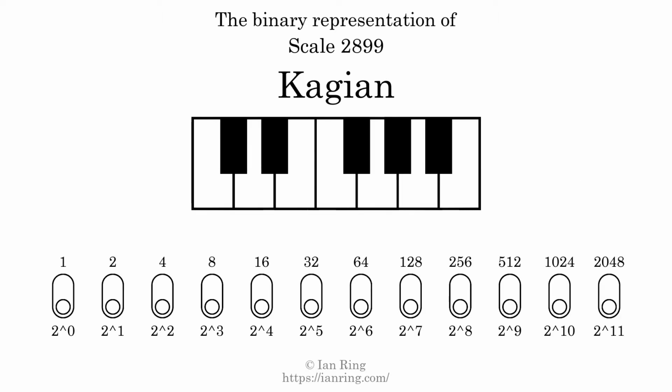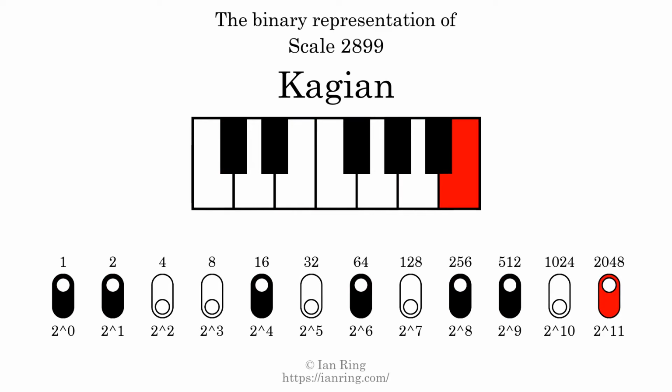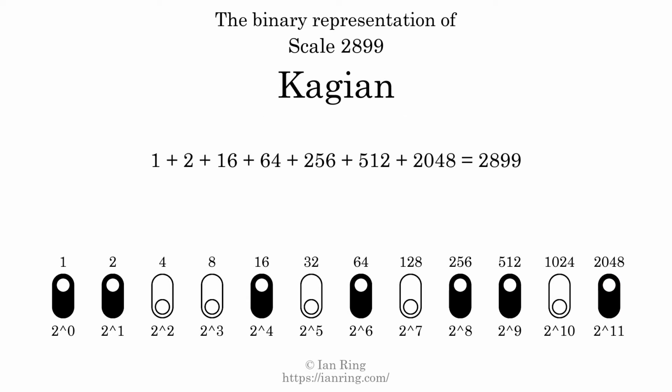The binary representation of this scale is determined by mapping tones of the scale to binary digits. Each binary digit represents a power of 2. To get the scale number, we add the powers of 2 together. The powers of 2 that are present in the scale, all added together, equals 2899. That is why the scale number, in decimal, is 2899. The scale number not only enumerates the scale with a unique index, but it also literally describes the tonal content of the scale. Represented as a binary number in base 2, the scale number is